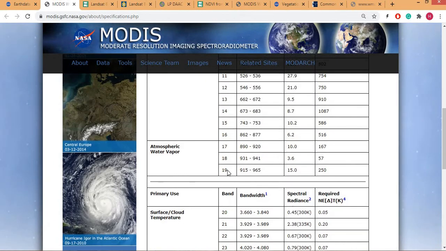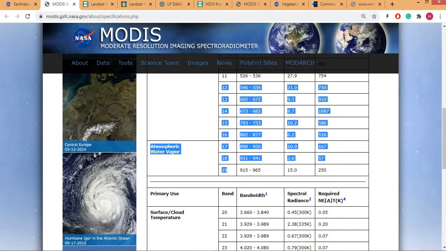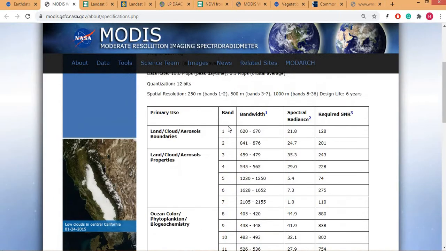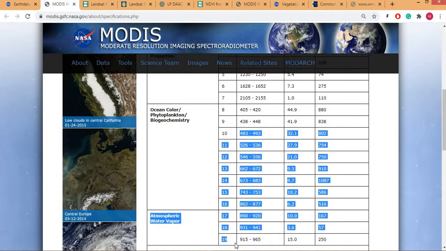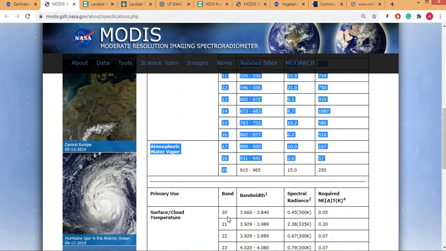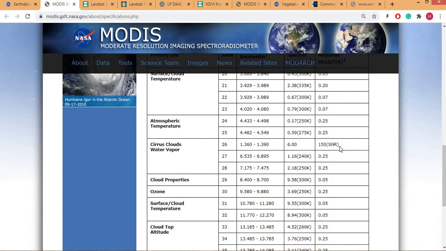The band number 1 to 19. These are the reflectance bands. I mean, these are the reflectance bands. They are measuring the reflection only. And band number 26 is also a reflection band.